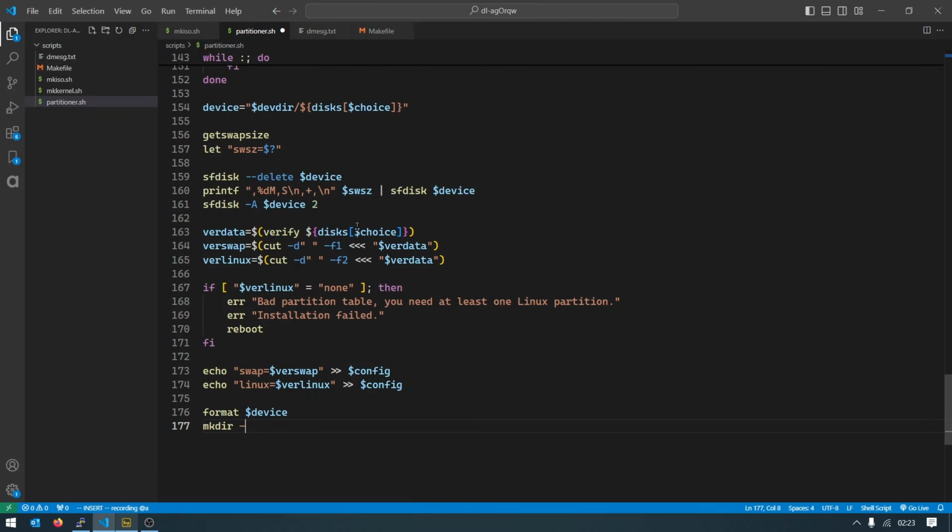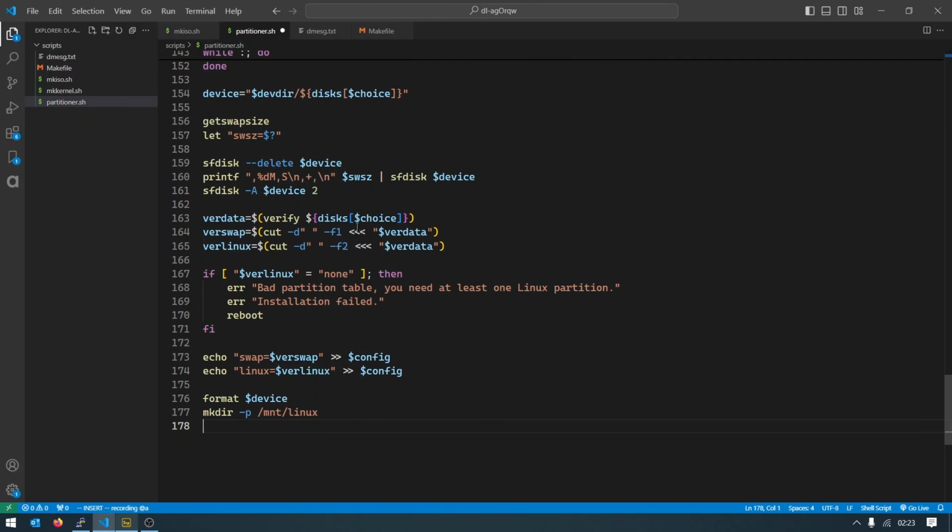So we make dir -p mnt linux, and we try to mount this thing to that. So if we can't mount that,